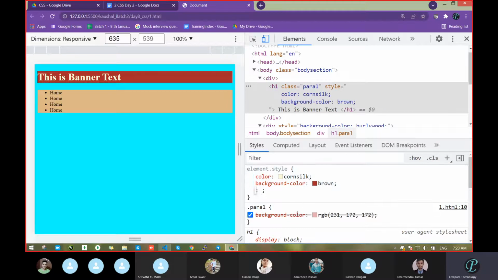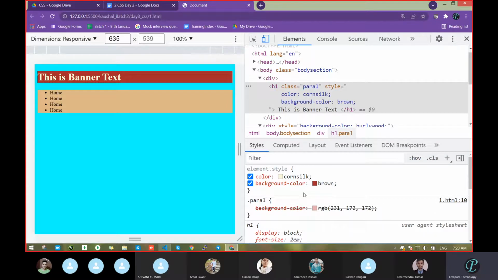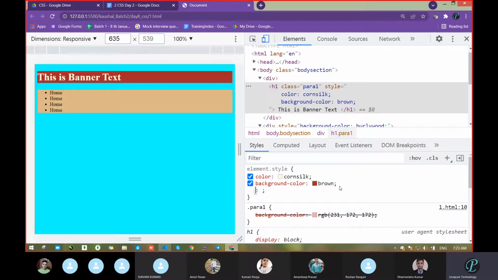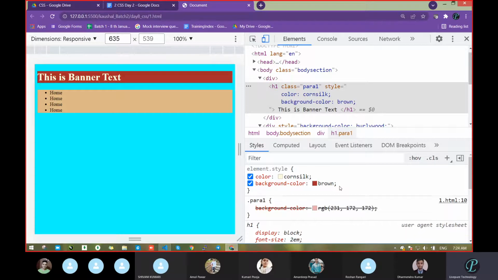So this way, what we have done is we got a style and modified something. But you know one thing, when we refresh this page, this will be gone, because as I told, this is temporary. Let's do one thing. Now I want to copy this style and apply the same style. So I will put the cursor at the left, press the left button of the mouse and select like this, and then Control C.